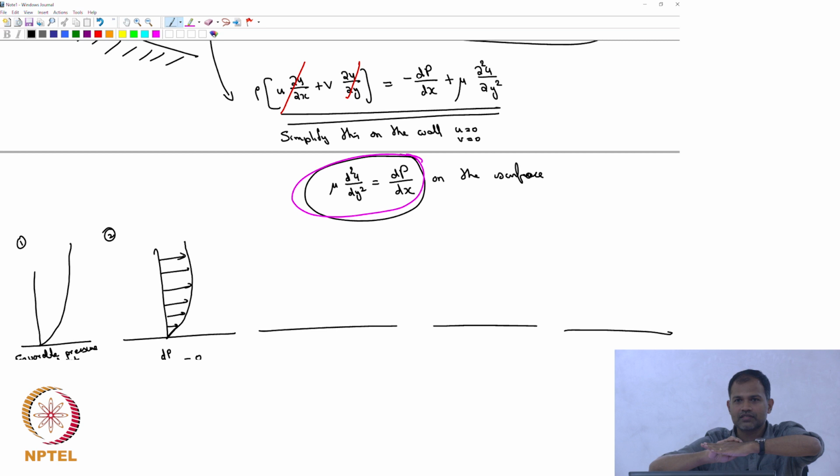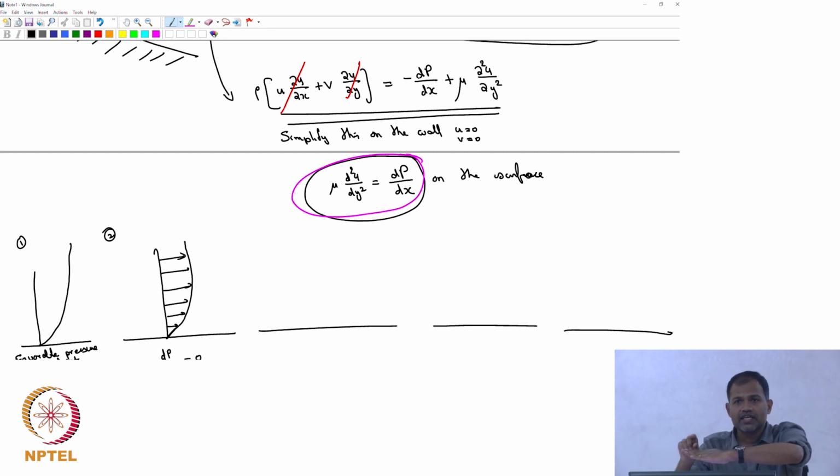Is that clear? You have a boundary layer. Let's say this is the plate. The boundary layer is very thin. I am saying that pressure variation across the boundary layer is very small. That means if I know the pressure gradient outside, I will know the pressure gradient inside also. If it is 1 atmosphere, 1.5 atmosphere, it will be 1 atmosphere and 1.5 atmosphere inside also, because pressure is not changing across y. Knowing a pressure gradient outside will help me tell what the pressure gradient is inside the boundary layer. That's the first thing that I said.